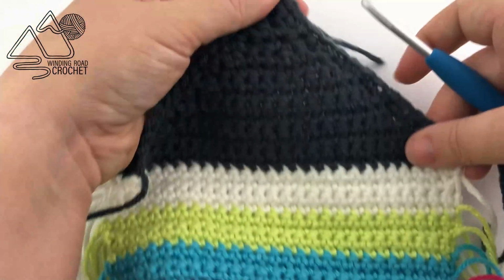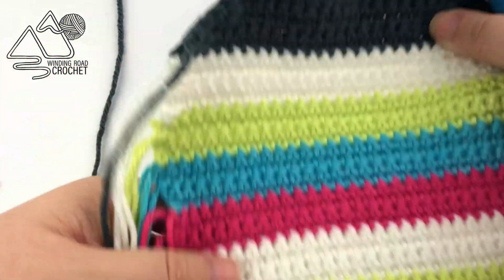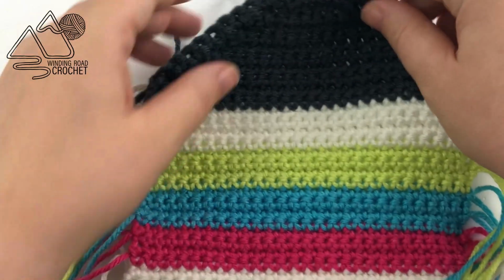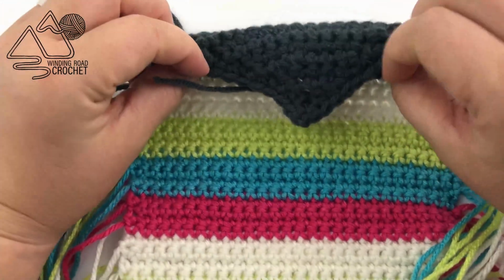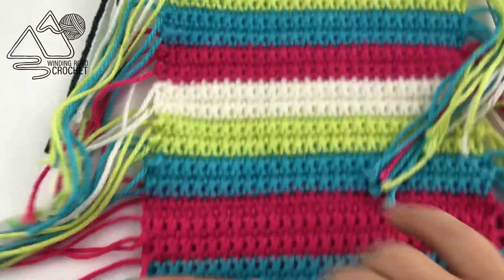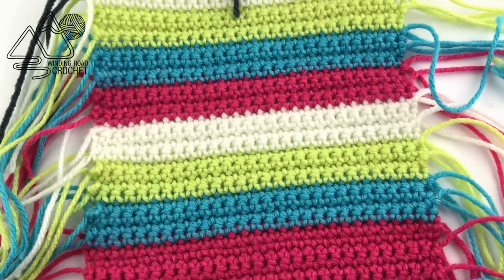To assemble our bag, you are just going to take the bottom of your crocheted piece here, and we are going to fold it up into the top section of the bag body. So that is our flap. We're going to go down to the bottom, fold this in half,